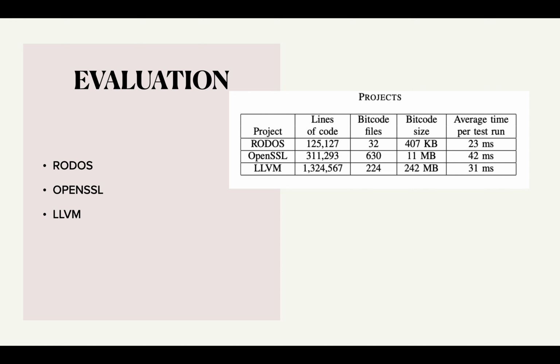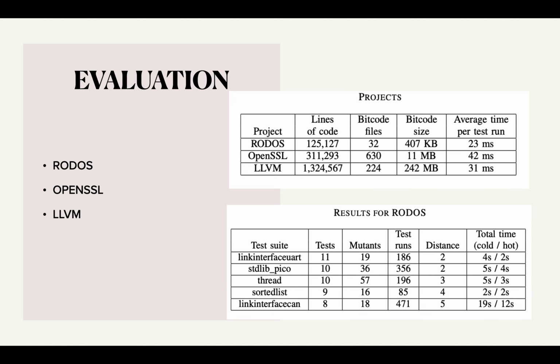Rhodos uses make files to build and run its test suites. We have to change compiler flags to emit LLVM bitcode. Here, 5 test suites are picked based on the amount of tests in each of them. Table 2 contains the results.